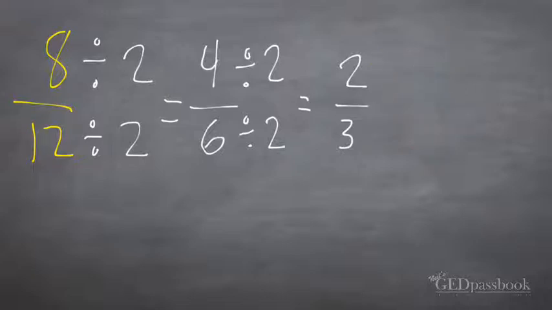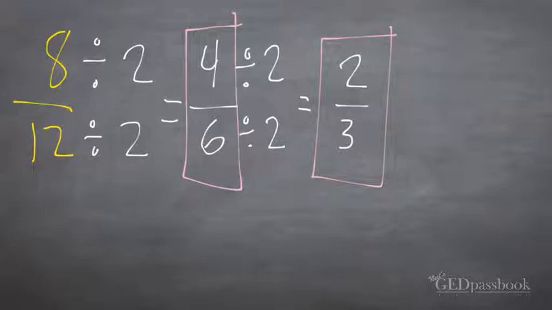This just happens to be that you found it. You found the lowest term of 8 over 12. 2 over 3. That's the lowest fraction that you could get to in terms of 8 over 12. And then you're done. You've simplified 8 over 12 to the lowest terms. My friends,